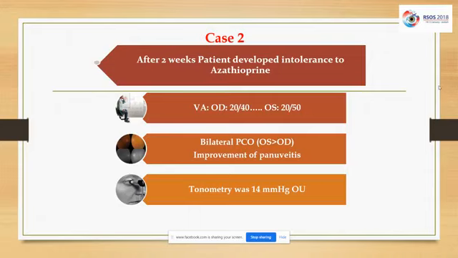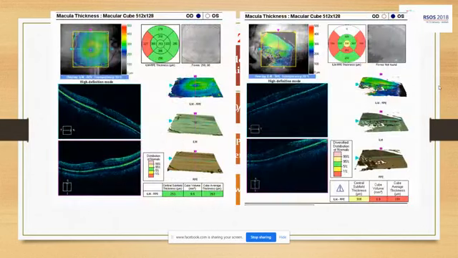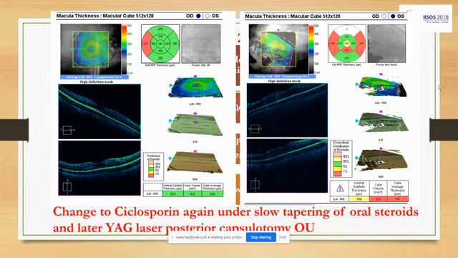and the posterior capsular opacification was increasing in both eyes, despite improvement of uveitis. This was the OCT of the patient at this time. You can see the OCT macula is dry in both eyes. So we changed to cyclosporin again, and started slow tapering of oral steroids, and the patient was planned for YAG